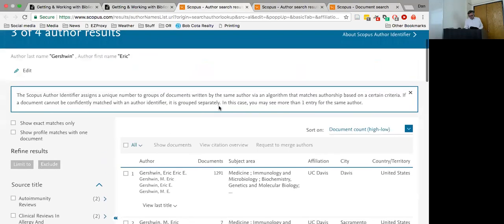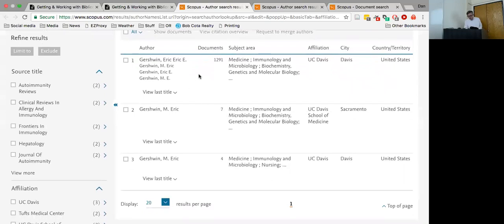So this is a search for Eric Gershwin. I don't know who Eric Gershwin is. I know that he, I assume, is in the med school, and he is the most highly cited person at UC Davis. That's how I picked him out. And you see, you do a search for Eric Gershwin, and first you get, this person wrote about 1,300 documents,